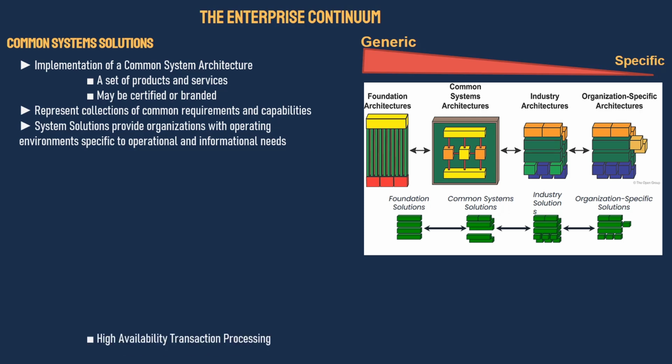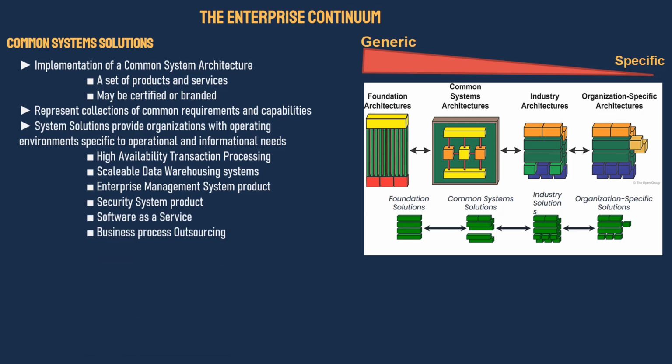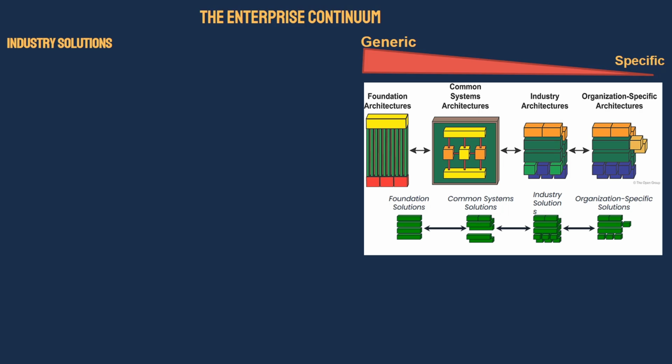Examples: high availability transaction processing, scalable data warehousing systems, enterprise management system products, security system products, software as a service, business process outsourcing. Industry solutions: implementation of an industry architecture,